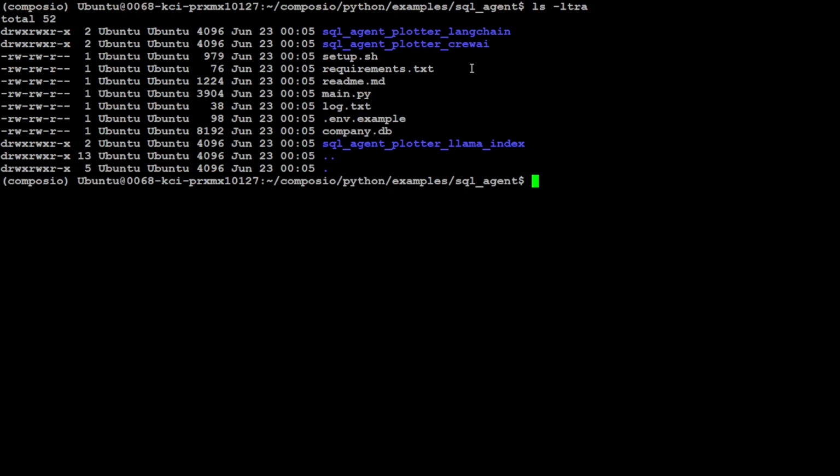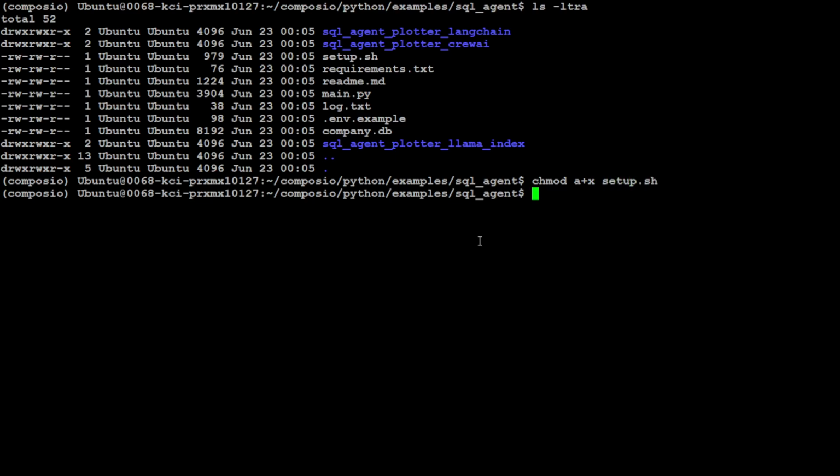First, we need to run this setup.sh, which is a shell script, and I will also walk you through what exactly it is doing. Let's first run it, and then we will see the code too. But before I run it, I believe I would need to set it as an executable, because in Linux, if you check, these are just read and write ones. So we just need to make sure that it is an executable file,